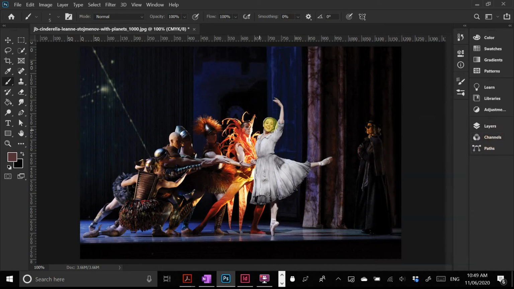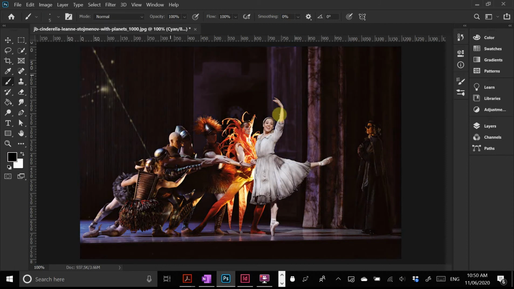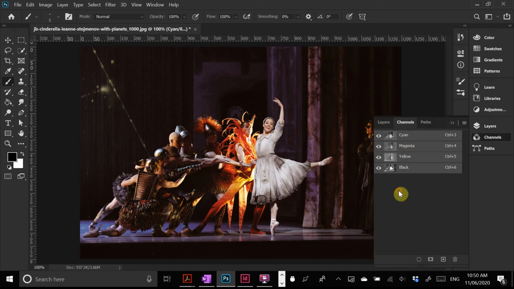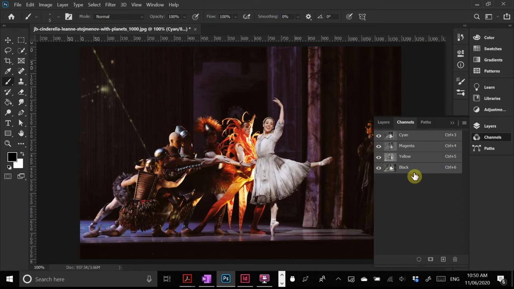Okay, right, so what I want to do now is I want to limit these CMYK channels to basically 2. So in order to do that, I'm going to go to image mode, and I'm going to change it to multi-channel. And you can see there's a slight change there. Usually multi-channel gets rid of the black, but it kept the black. Okay, so I can hide these channels, as you can see, and so what happens if we stick to just 2 colors in this case, right? So again, we've got cyan, magenta, and yellow. So if I remove black,